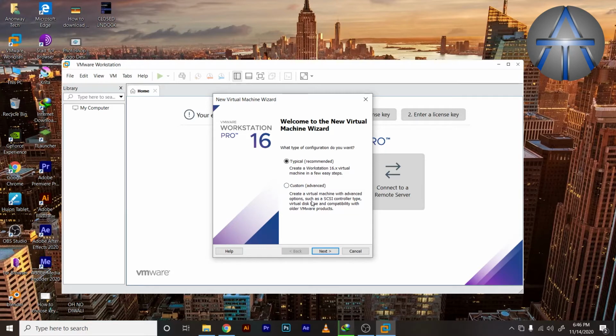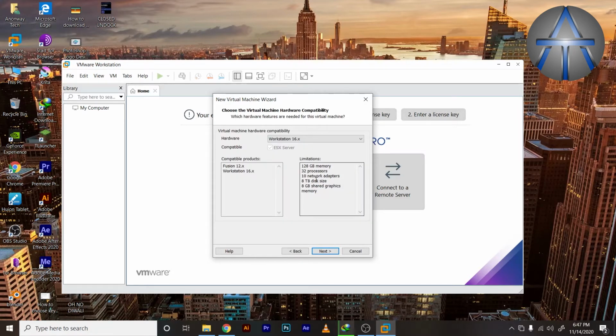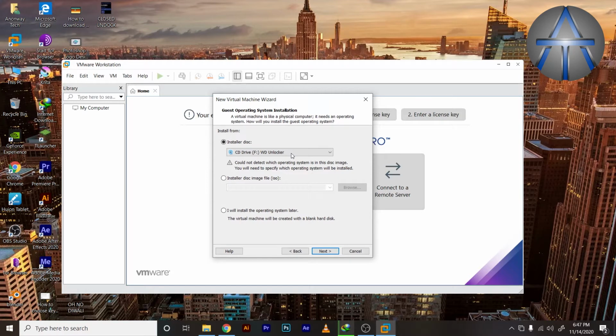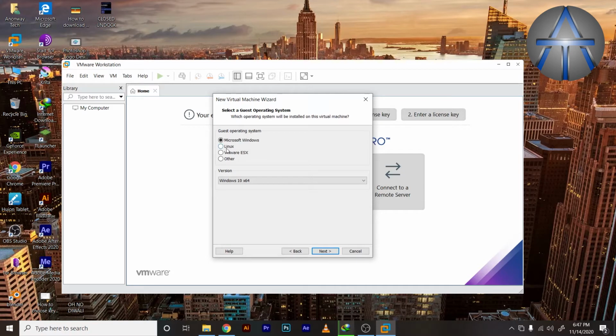Here you have to select typical and click next. Here you have to select using the latest version, so I will select the latest version. After that, you have to locate your disk image, and select which operating system you are using.